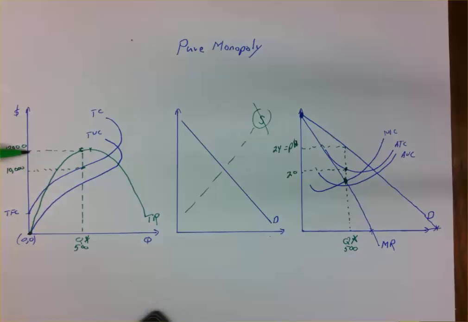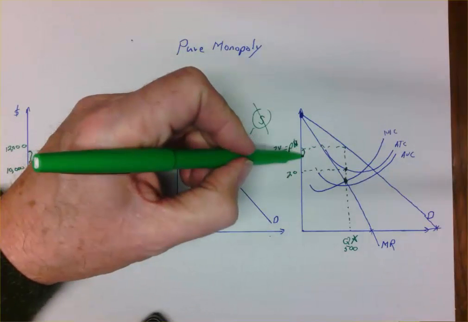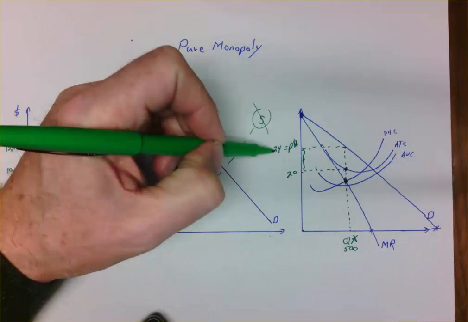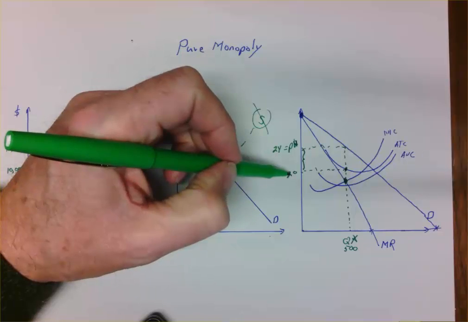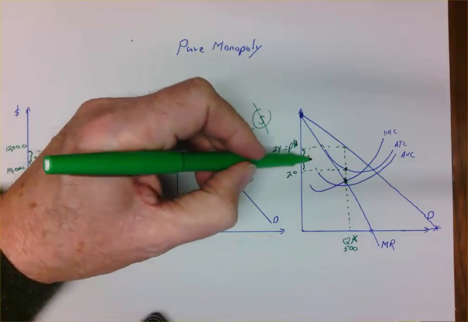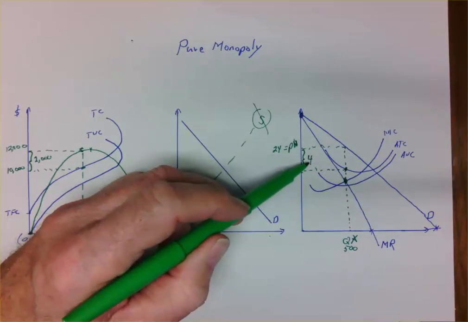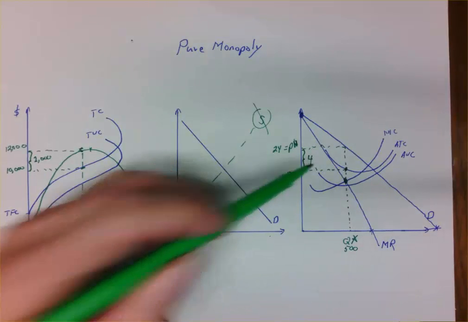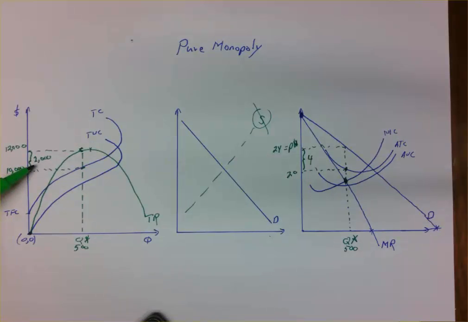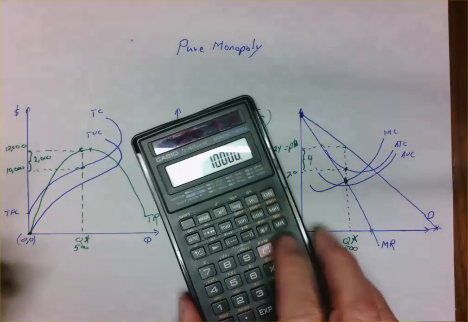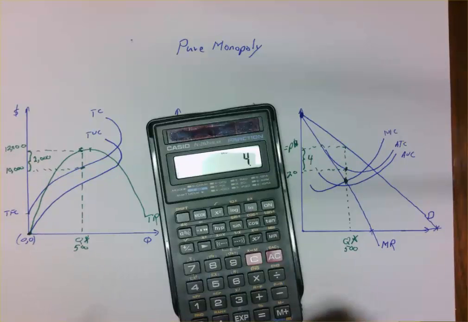And that shows me that our total economic profit is 2,000. Can you see that? But over here, our economic profit looks like $4. The price was 24 and the cost per unit was 20, $4. But that's the profit per unit, right? So how do we get from $4 profit per unit to $2,000 total profit over here? The way you do it is $4 of profit on each unit, and we sold 500 units,